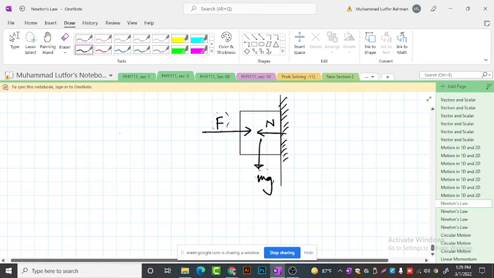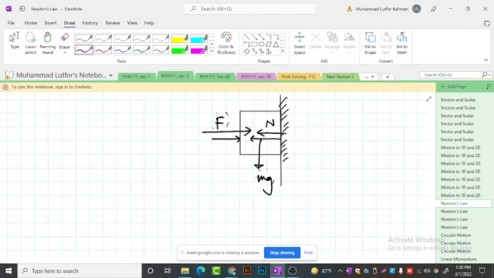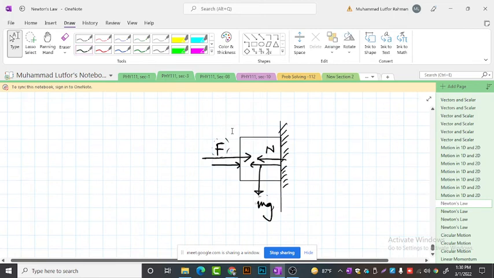When you increase your applied force, the normal force will also increase. Whatever force you apply on that book, the wall will provide the same amount of force on you, right? Then when that N arises, there will be a frictional force to hold that book,